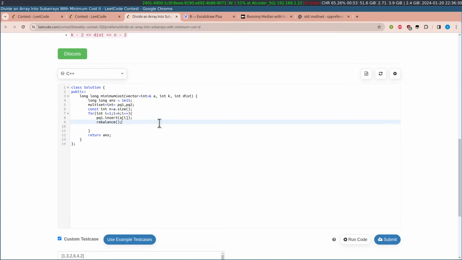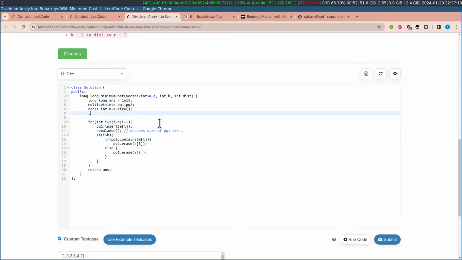Then some rebalance algorithm like this ensures the size of PQ1 is less than or equal to k minus 1. And I am also maintaining